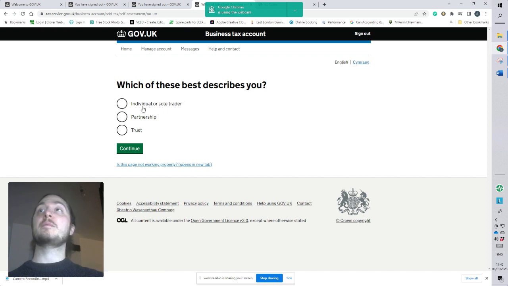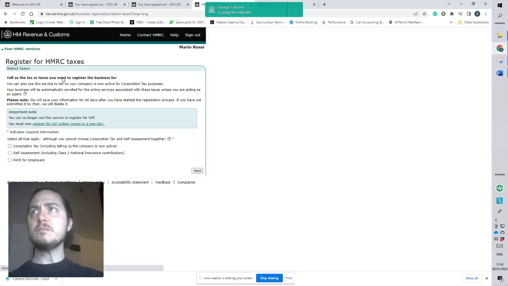Which of these best describe you? Individual and sole trader. As I said before, that's what we're going to concentrate on today. And here it's asking us which tax we want to register for. Even if we just register a company, the service will be similar, and we want to tell HMRC that we have started trading. We'll be following similar steps. Here we choose self-assessment,